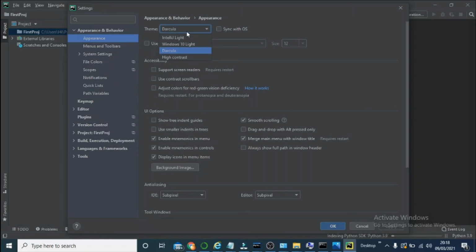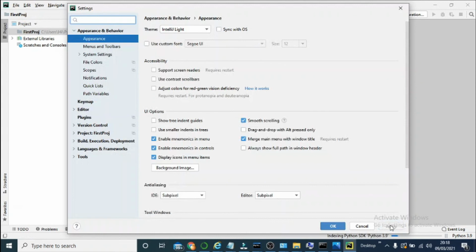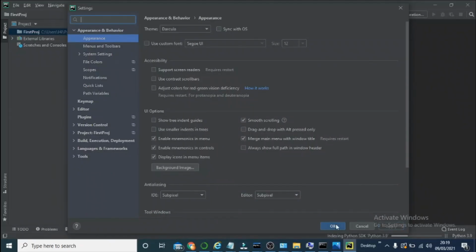If you don't want to see this black theme, you can choose IntelliJ Light, and if you apply it, you can see the theme has changed from black background to white background. All right, I like the black background itself, so I am reverting it to the Dracula theme and applying it again.